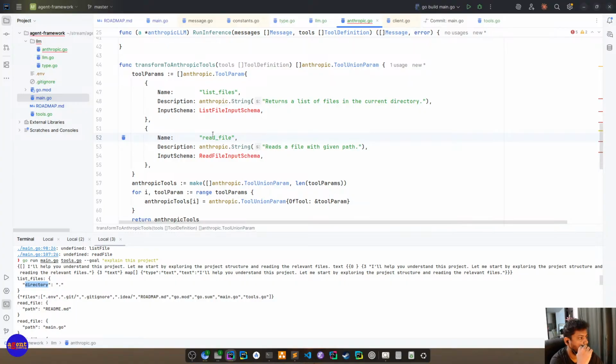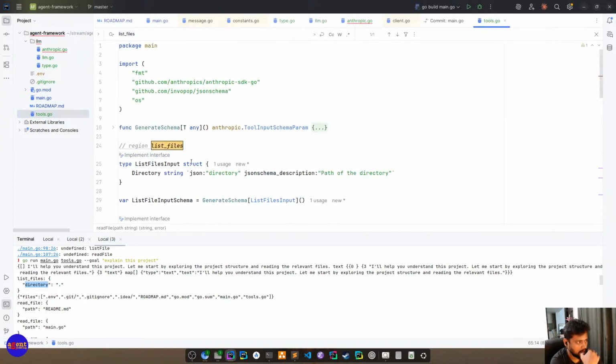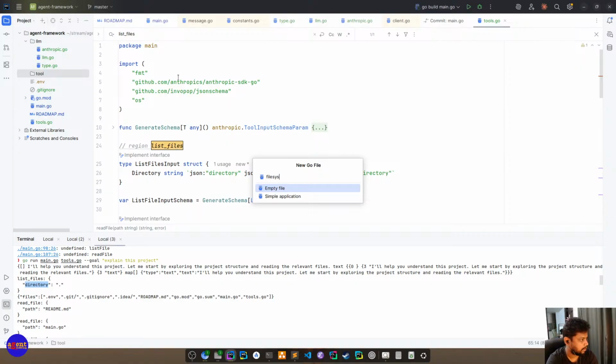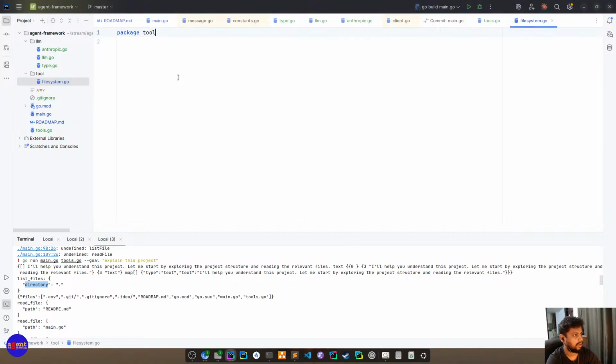This code is settled, but now we need a different way of tool definition itself, right? Let's create another folder called tool. Okay, another package called tools, and here we'll try system. This is file system tools, right? We'll migrate this from here to there.